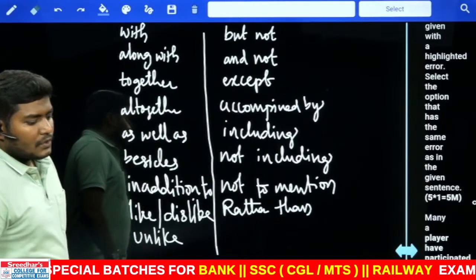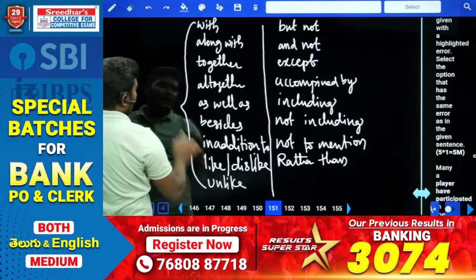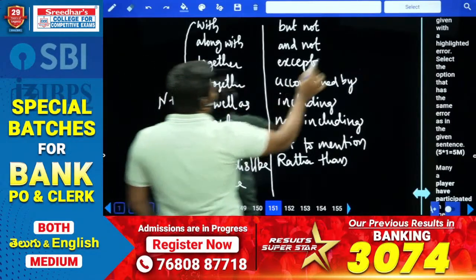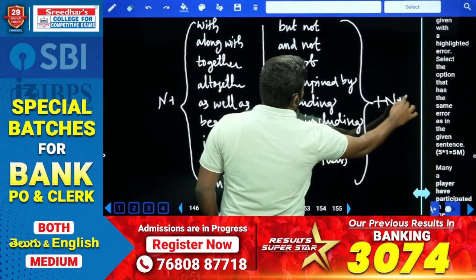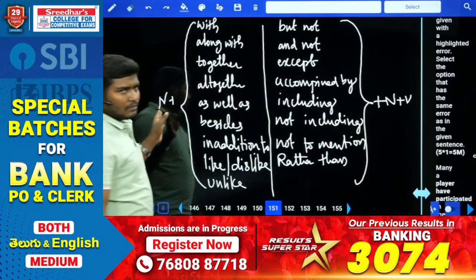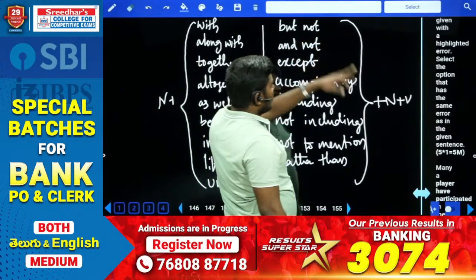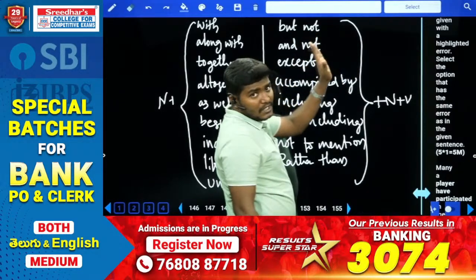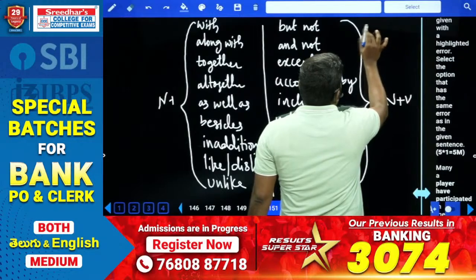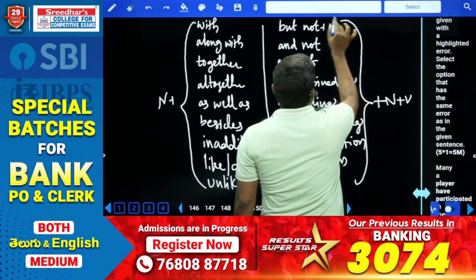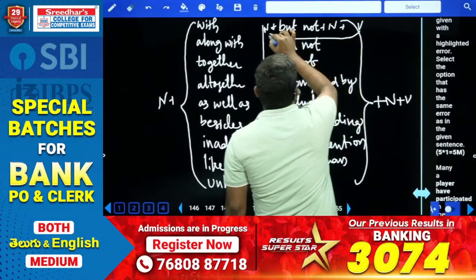Look at these combinations once, okay? If these words are preceded by a noun and followed by a noun, the verb should agree with the first noun. Okay, but in this case, there is one more combination. Previously, that was there. There is a combination, but not. There is a little difference here. Okay, let me tell you how it goes. When there is but not, if there is a noun here and a noun here, pronoun or noun, the verb that is followed should agree with the first one.